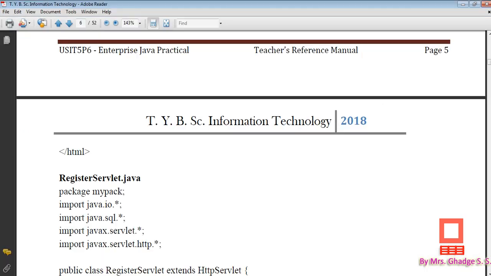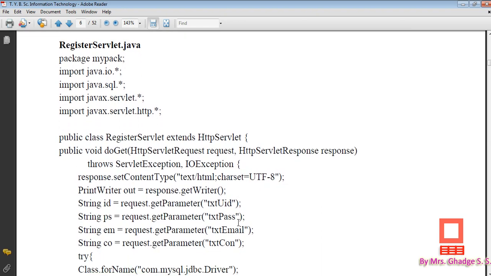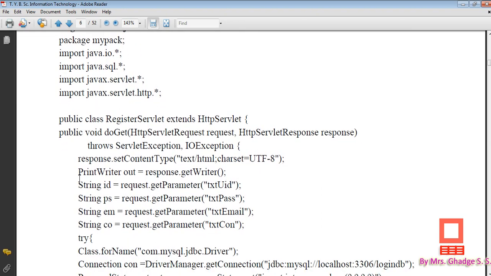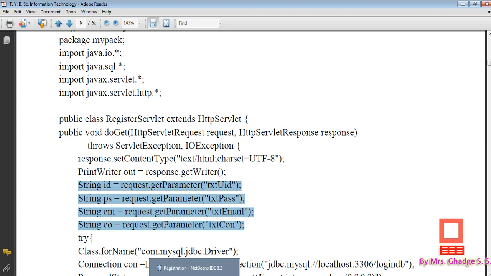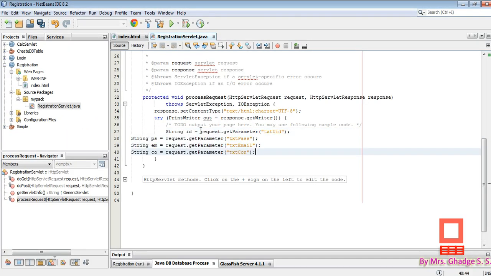Okay. Now we are going to write the first few statements that are used to retrieve all the data that we have entered in our HTML form. So first four statements are like this. Our first statement is string id, which will return the txt uid, that is username.